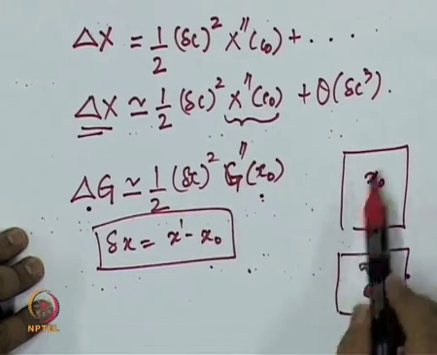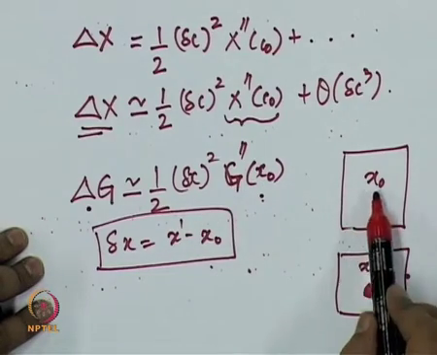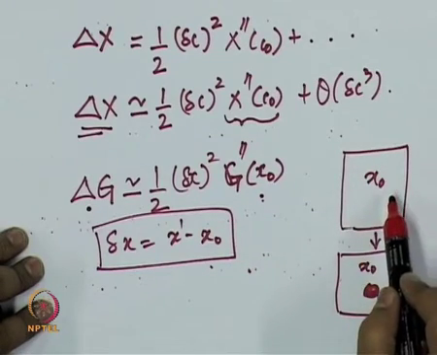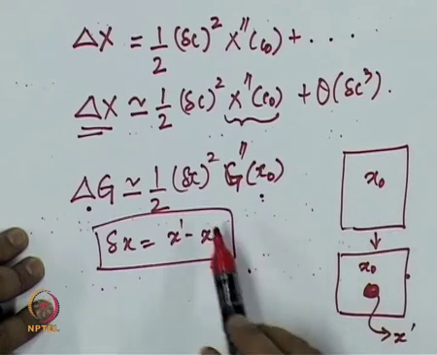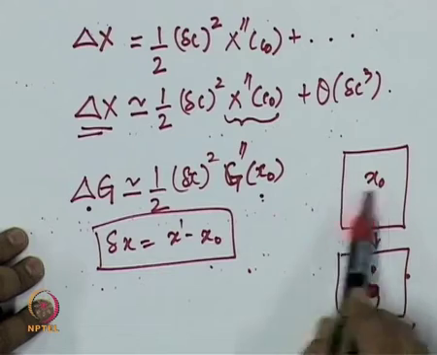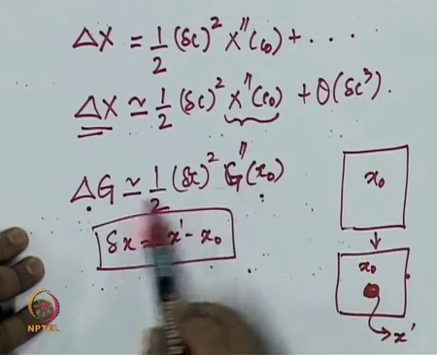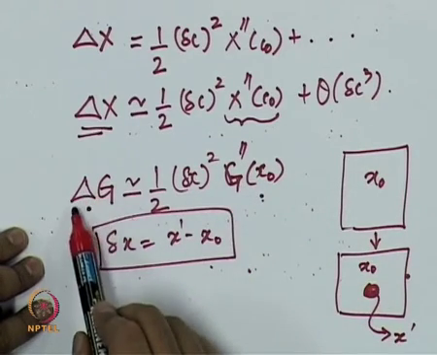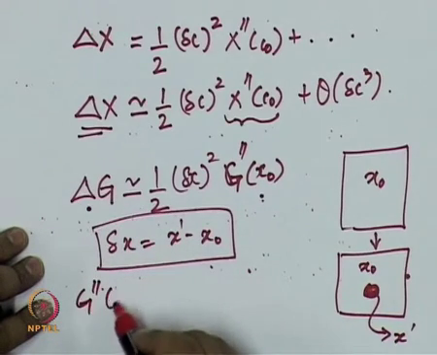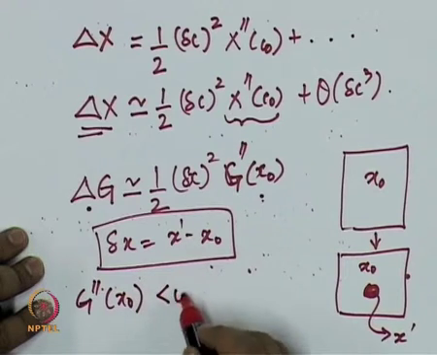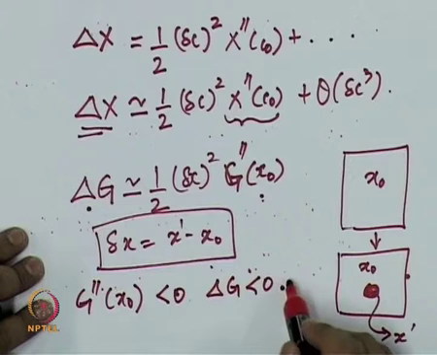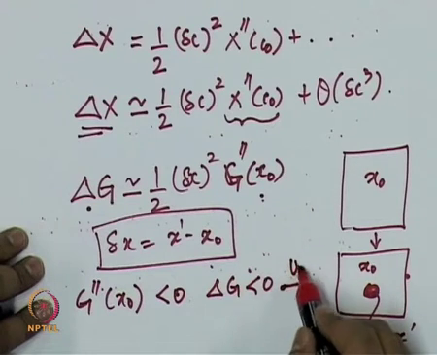If I take this initial starting alloy, and find out in the free energy versus composition diagram what the curvature is, the sign of that curvature at composition x naught is going to decide what the sign of this delta G is going to be. Suppose G double prime at x naught is less than 0, then delta G is going to be less than 0, which means the system is unstable,